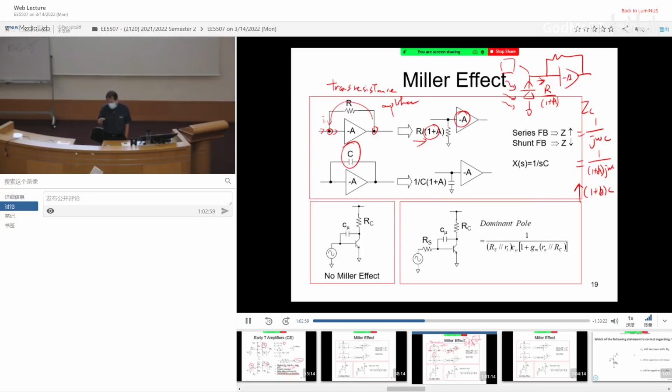ECG signal is at what frequency? 100 Hertz. Right? You want to design a circuit that operates at 100 Hertz. You need a very big capacitor. Agree? But a big capacitor means what? Area. But Miller